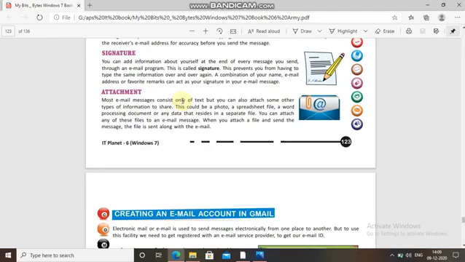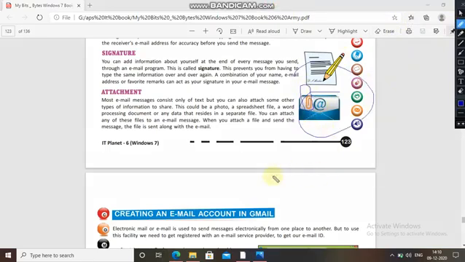The option is given as a pin shape. It is showing over here, a pin shape. Click on this pin shape, and there is a symbol of attachment. You will get the options: file, camera, gallery. Wherever you have saved your files, in a gallery or a file, or you just want to take a picture at the moment, the camera is there. You can click it and select the picture or document which you want to send.